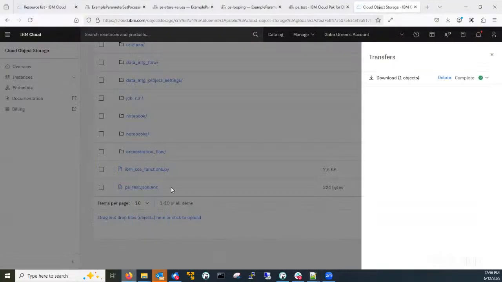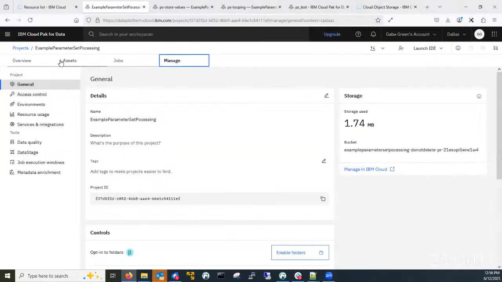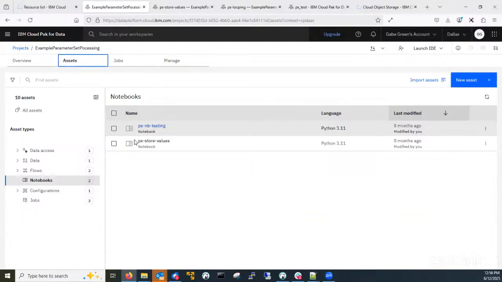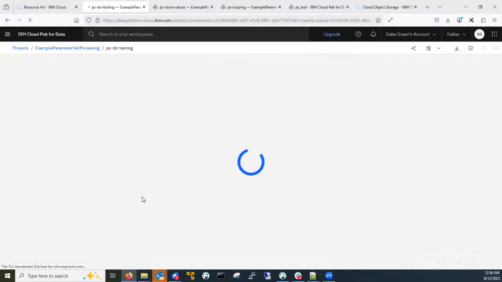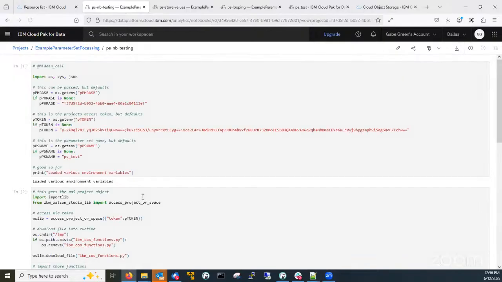right? But okay, so now I go back and we'll look at the assets. And so now, great, I've done that, but now what do I do? How do I use it? So now if I look at my notebook testing, or I could have other services, technically in other projects, as long as I can leverage, using a token, the same bucket to grab this encrypted version,